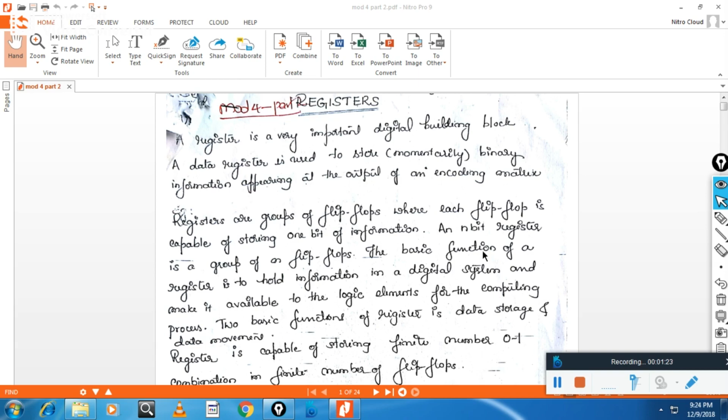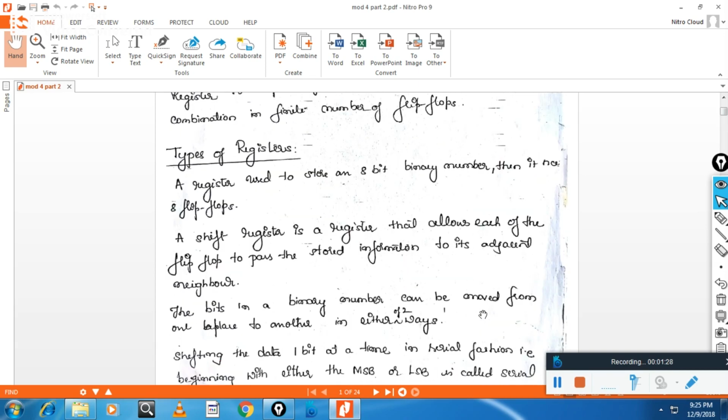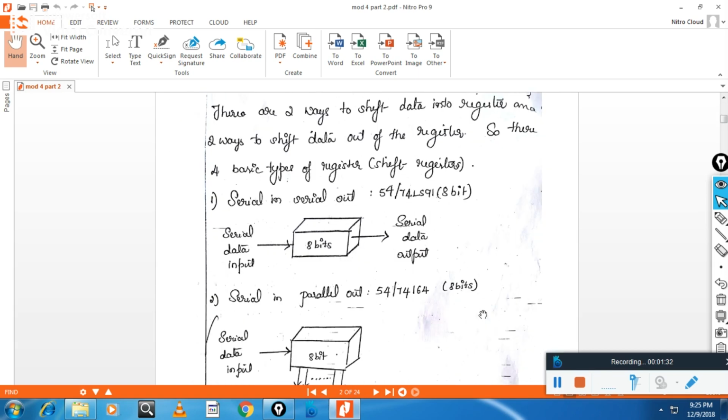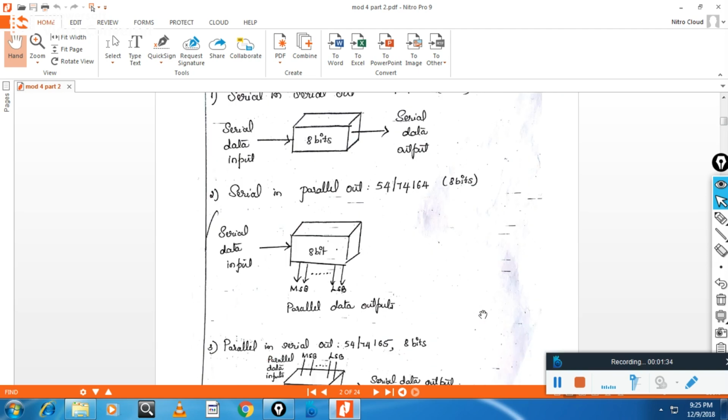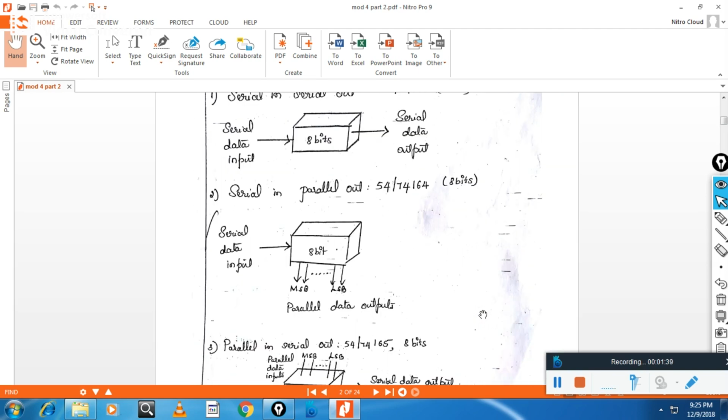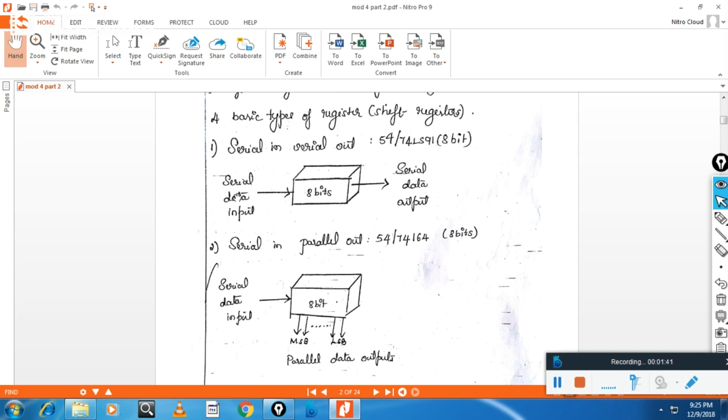In the register, there are 4 types. One is SISO, second is SIPO, third is PISO, and fourth is PIPO. SISO is serial in, serial out: data is moved into the register serially, and the output is serial out.